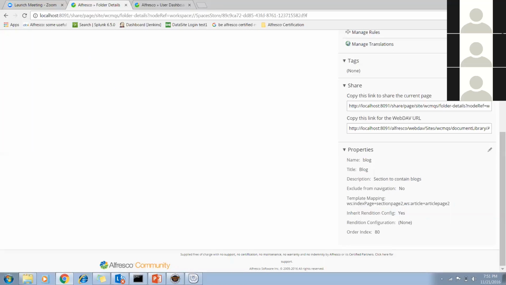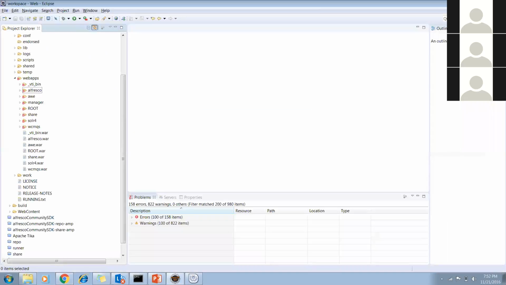Simply, just take any template name. They have two types of templates added. One is the article and one is the index pages. So if you click on the blogs, how all the blogs should be indexed on the web page, you have defined a template for that. Once you click on any article, how your article page should be displayed on the next page, you have defined there.